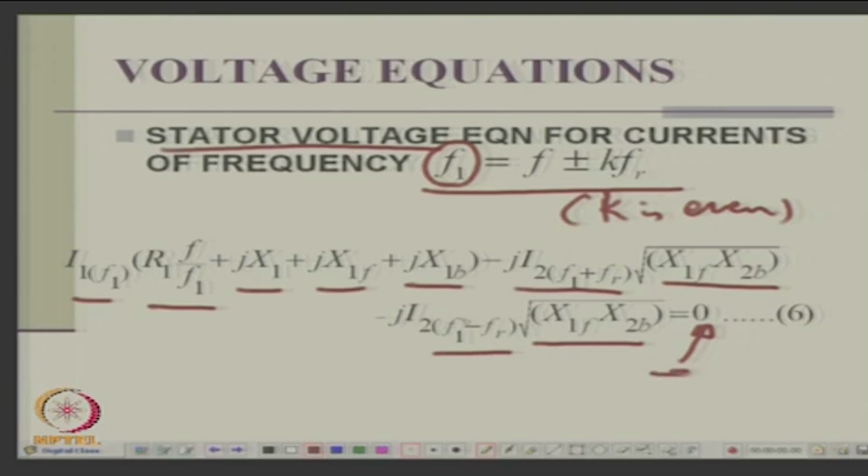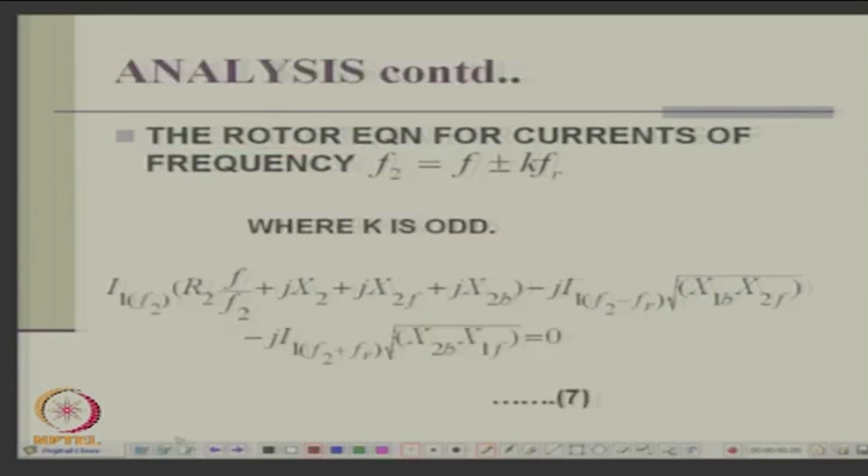So, you can write down the voltage equation, because since all the frequencies are present, you write down the voltage equation for all the frequencies, because the system performance will be a cumulative effect of all the effective frequencies. Okay. Then similarly, for rotor frequency F2, f plus or minus k fr, where k is odd, again you can write a similar equation,